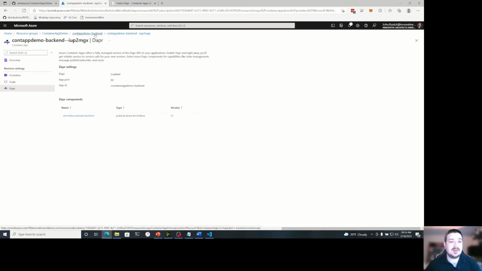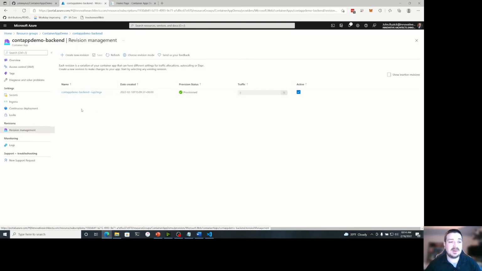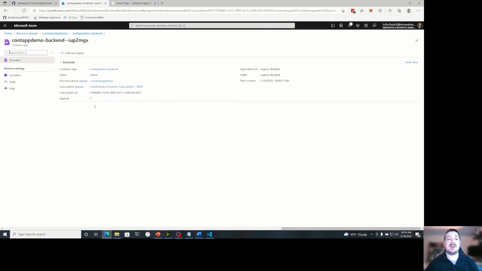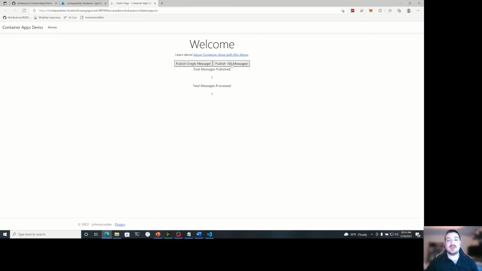So let's do this. We'll look at my container demo backend revision, right? Go look at this. I currently have a single replica. So if I go back to my home page and publish 100 messages, you'll see this start counting up. If you remember, we had a scaling rule of only 5 messages in the queue.